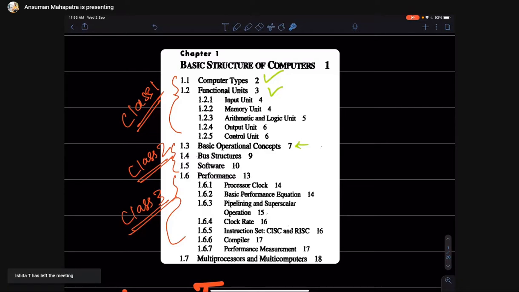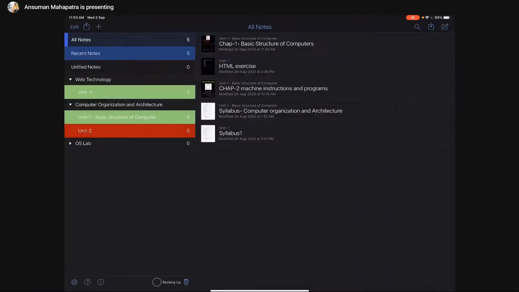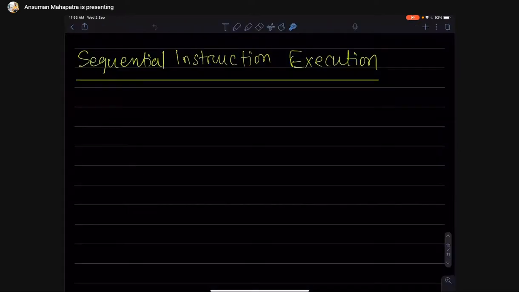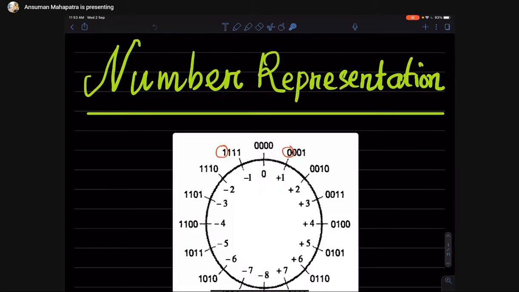Then we'll go to chapter number 2. Before starting chapter number 2, let me know, have you read about how to add, multiply, and divide binary numbers in the previous semester? Okay, great. Then I will not teach those parts.